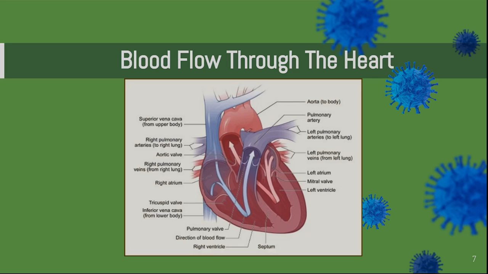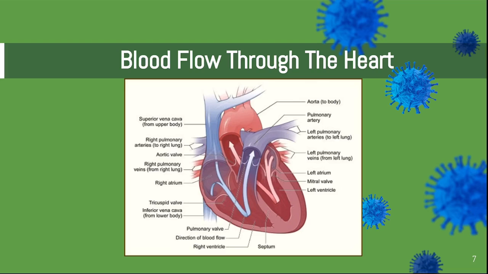The way that blood flows through the heart is deoxygenated blood enters through the superior and inferior vena cava into the right atrium and goes through the tricuspid valve into the right ventricle. And the right ventricle pumps blood from the pulmonary valve into the pulmonary artery, which pumps blood into the lungs